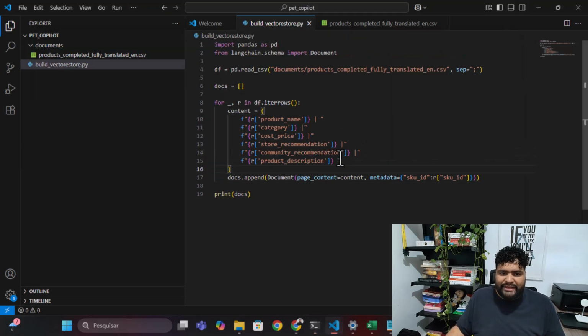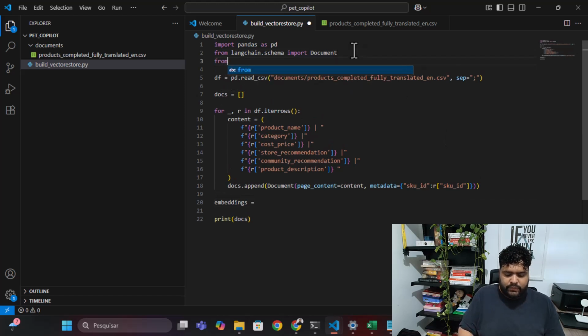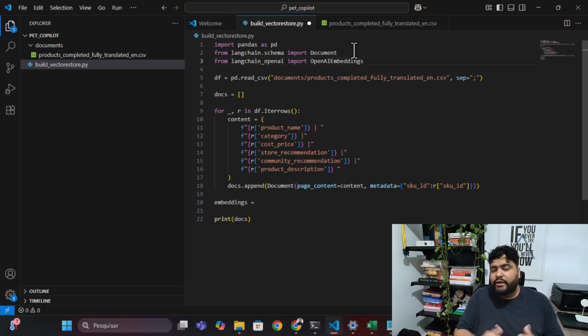As your next move, you'll create, based on this list, the embeddings we receive from LangChain, all together, OpenAI. Import OpenAI embeddings. So you can use here any of these APIs available on the market to generate the embeds